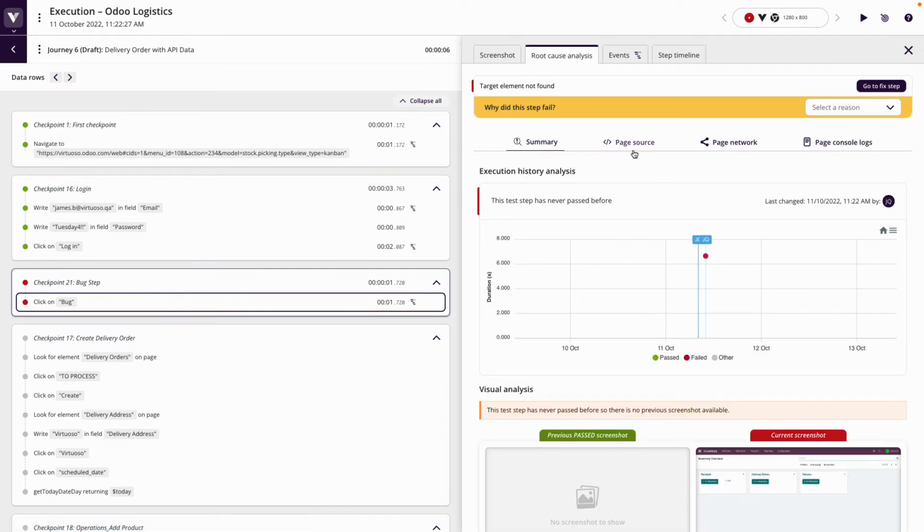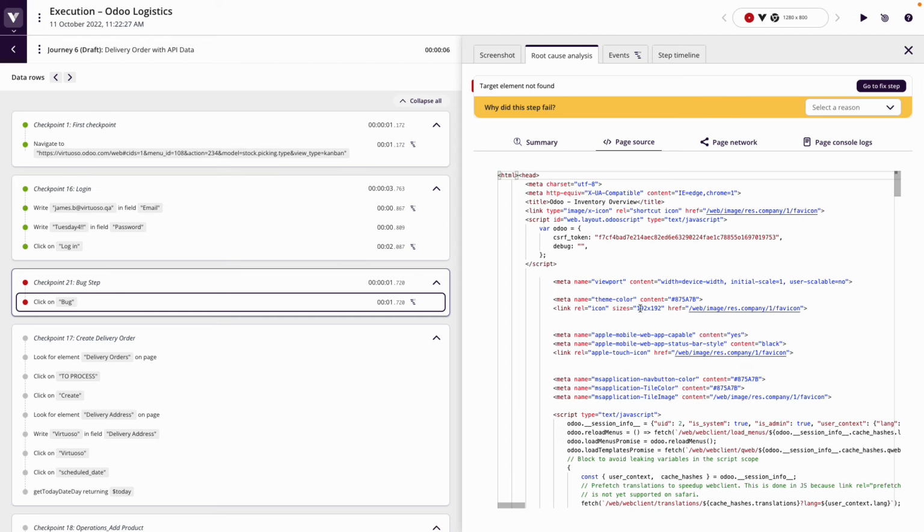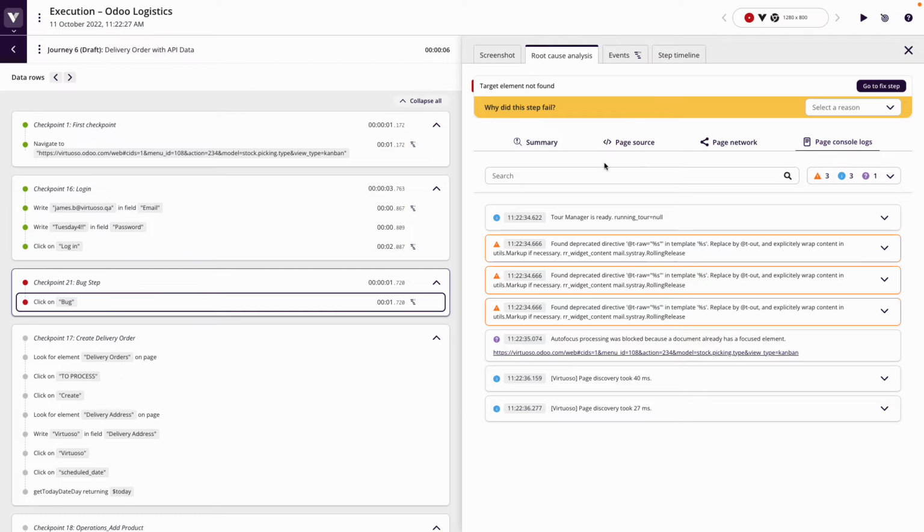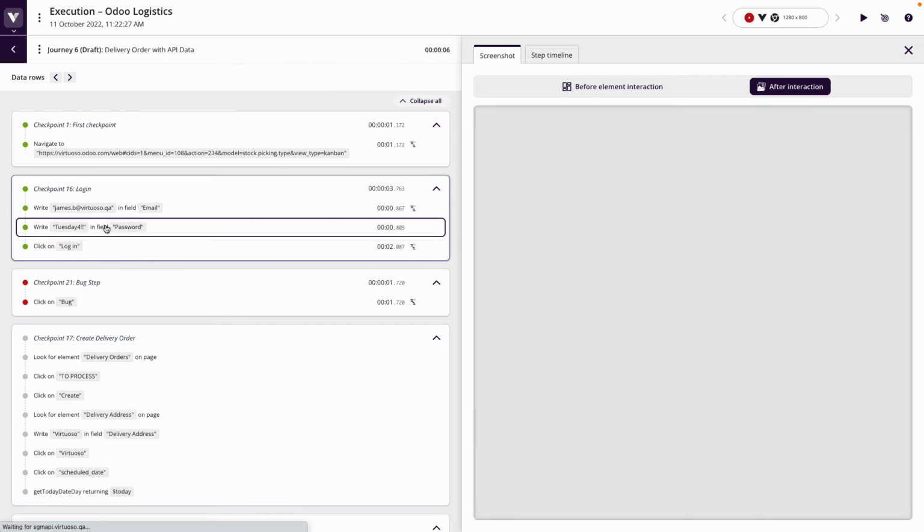which showed you a rendering of the page source at the time the test was run, the page network requests, and the page console logs. And note that those weren't necessarily specific to the actual step, they were for the page at the time that test step failed. Now, what you didn't have insights to was for other steps that had passed, there was no